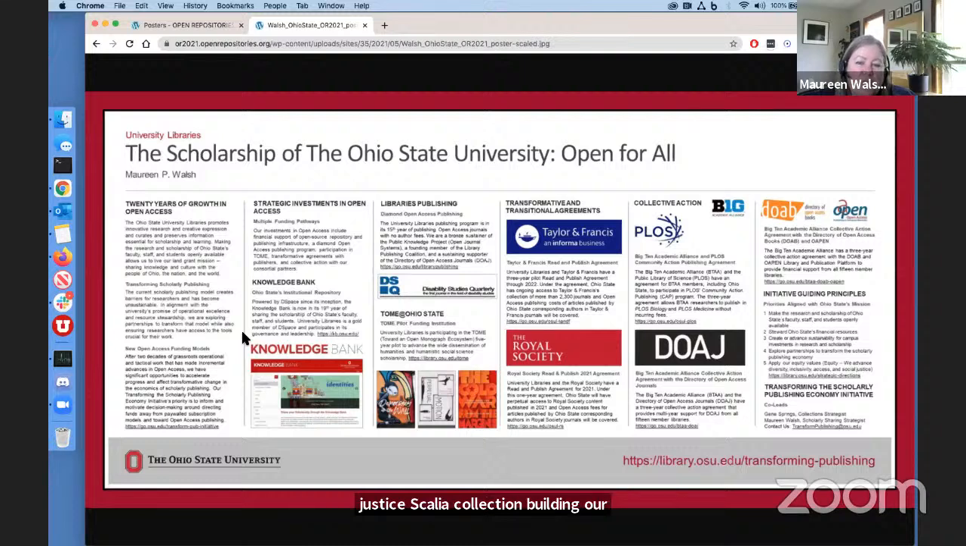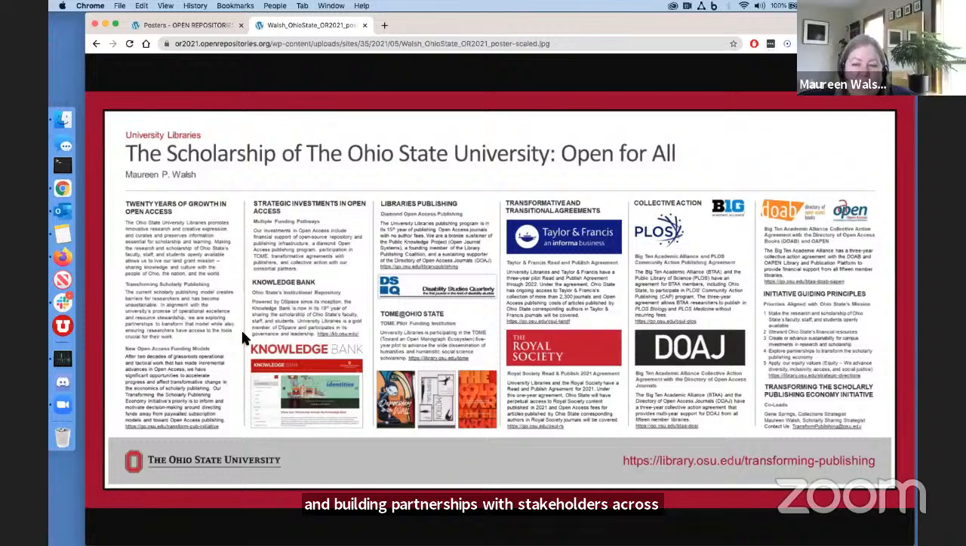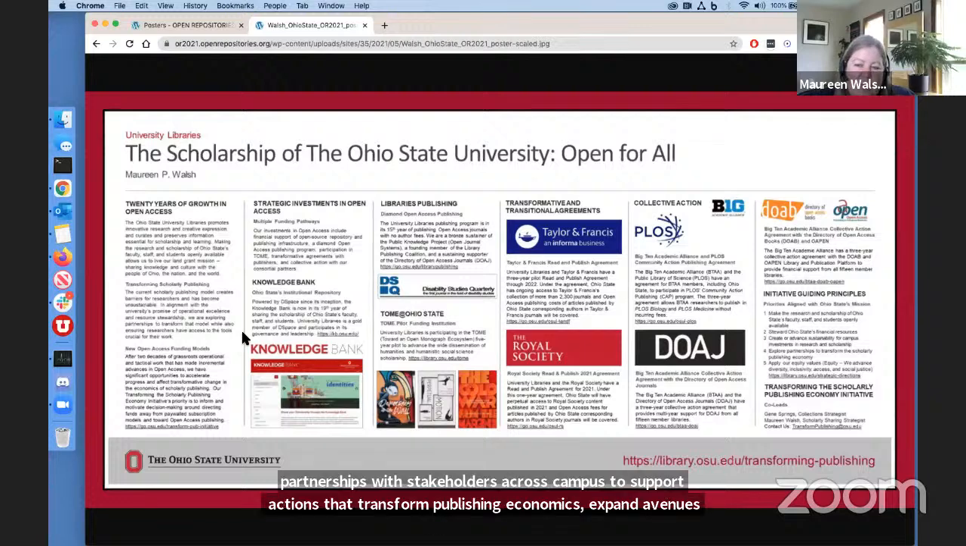Our broader goals include educating, informing, and building partnerships with stakeholders across campus to support actions that transform publishing economics, expand avenues of open access to advance Ohio State research, and develop analytics capabilities to inform negotiations and monitor the impacts of new agreements. Our strategic investments in open access follow multiple pathways and include financial support of open source